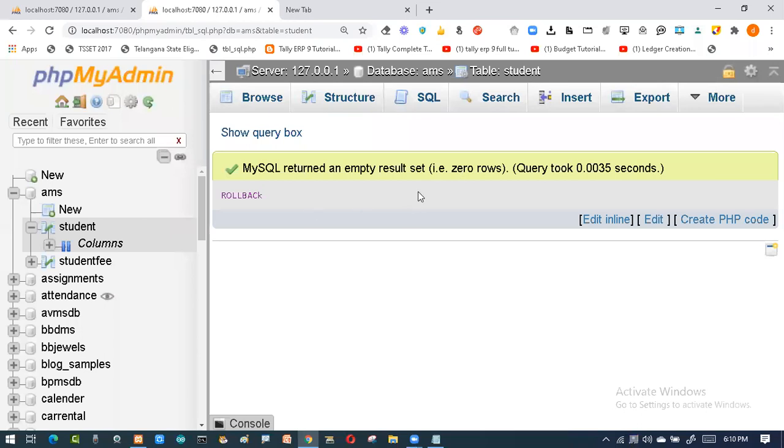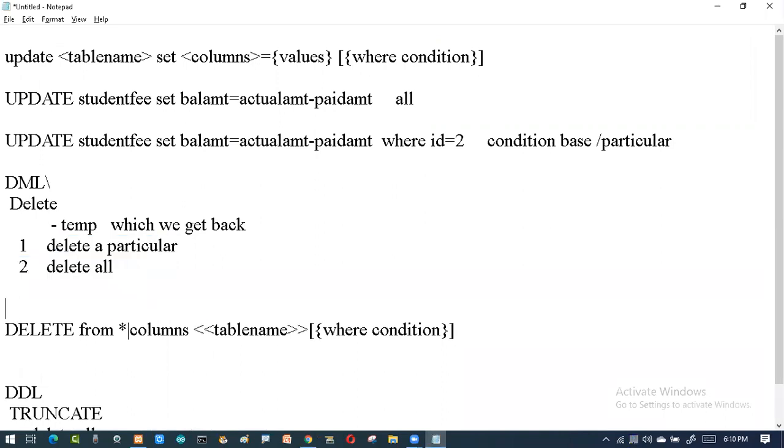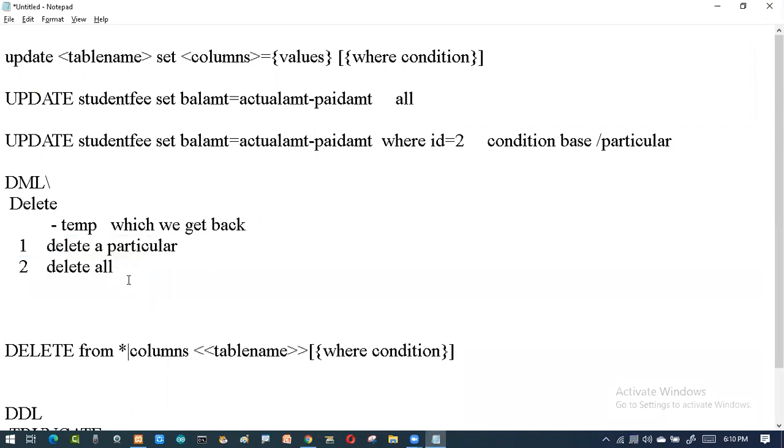So this can be done only on the particular black color screen. You can experiment, but you have to remember that whatever data you have deleted, you can get it back using rollback. So with the help of rollback, I can get it back.